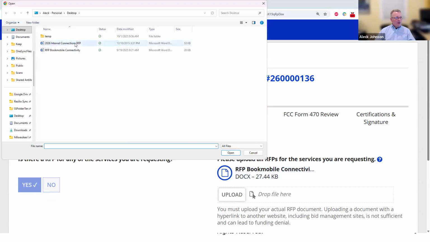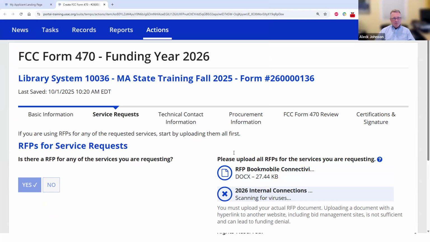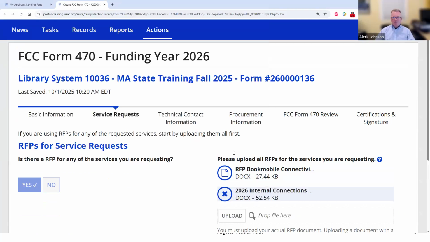And then second, you'll see I also have an internal connections RFP that just happens to be sitting on my desktop. So we'll go ahead and upload that one as well. The RFPs you upload can be in a variety of formats. In this case, they're both Word documents, but you can upload PowerPoints, though you're more likely to want to upload a PDF or an Excel document